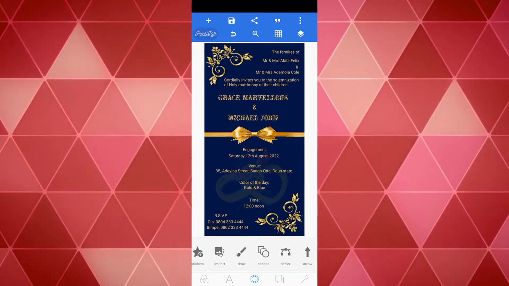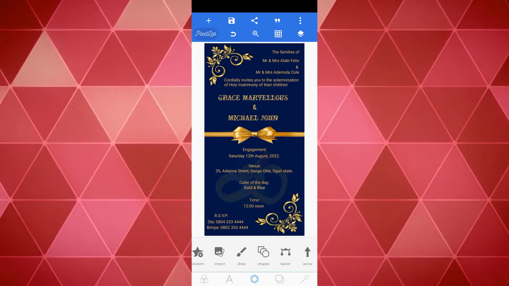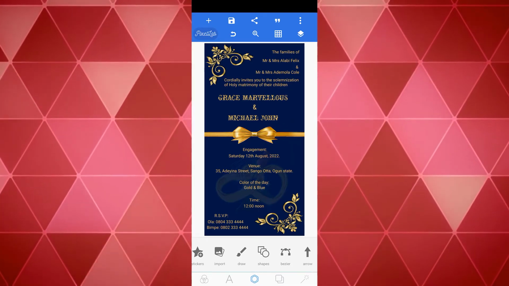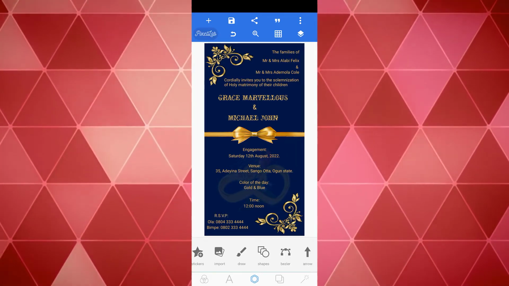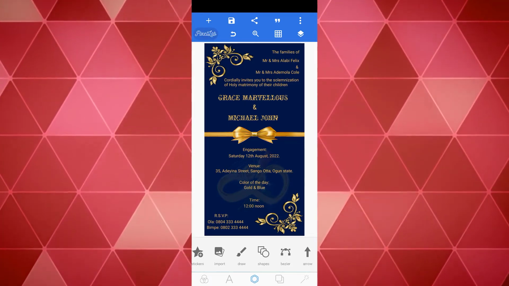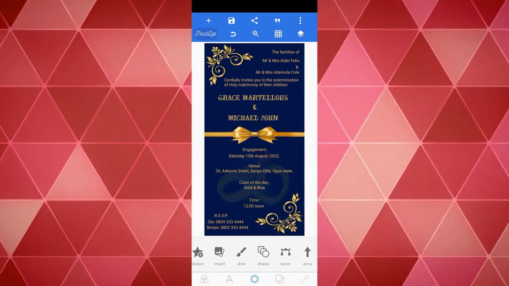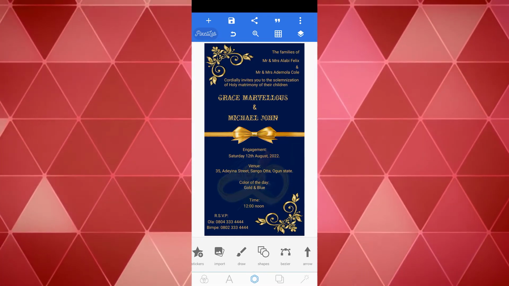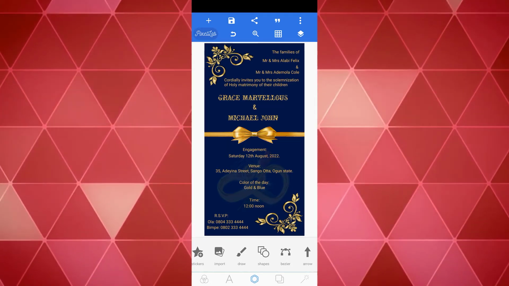Wow, lovely. Great alignment, great choice of color, great choice of font. Everything looks perfect. Everything. When I mean everything, I mean everything. It looks perfect. Wow, this is beautiful. Okay, this is how to design an invitation card, just like a basic method of how to design an invitation